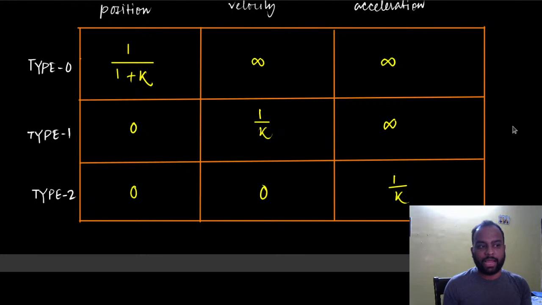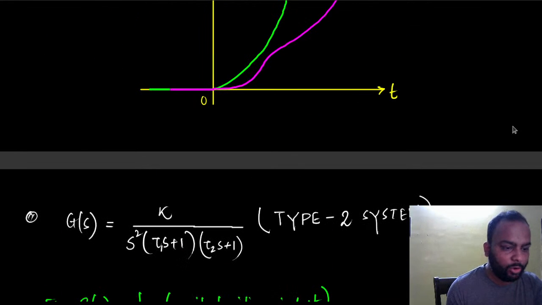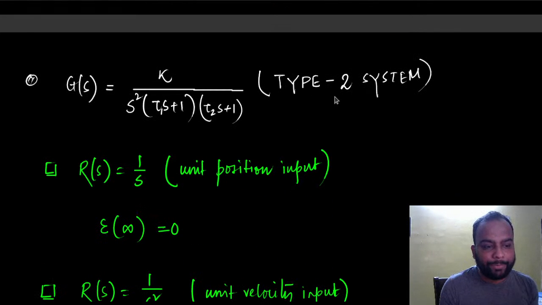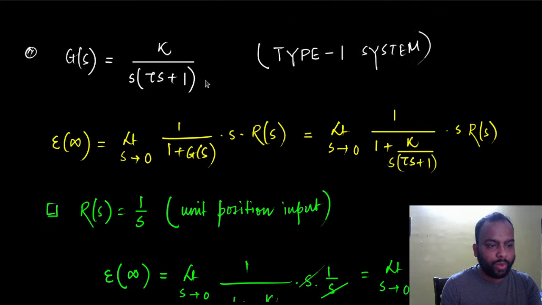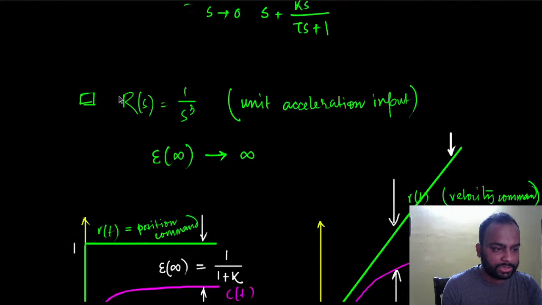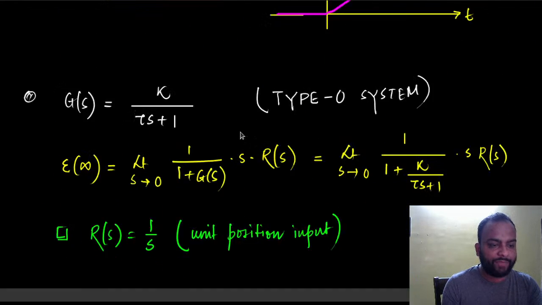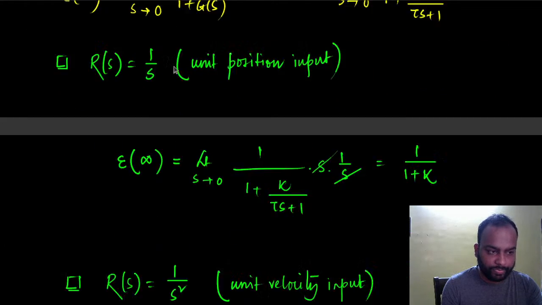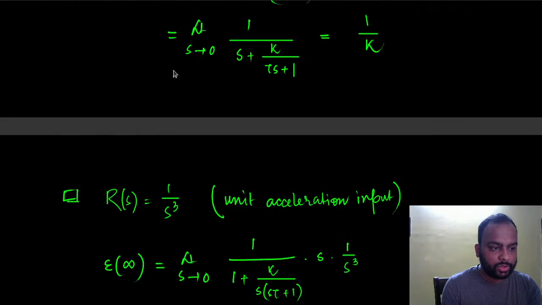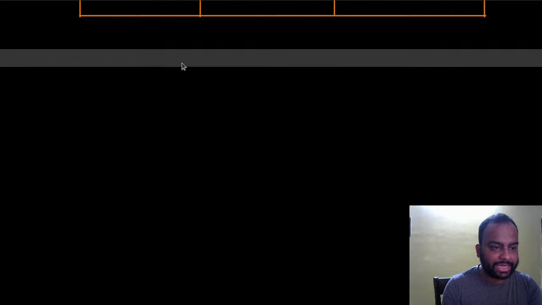Now, what is the type of a system? If I look very carefully, for a type 2 system, as you can see, there are two open loop poles at s equal to 0. For a type 1 system, there is one open loop pole at s equal to 0. And for a type 0 system, there are no open loop poles at s equal to 0, right? So eventually with that we can say,